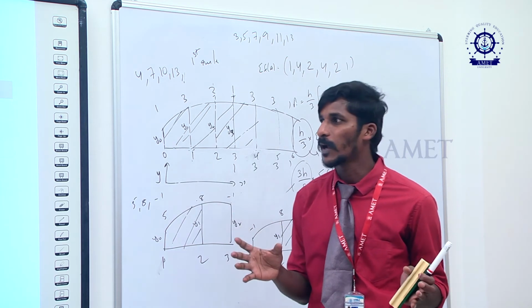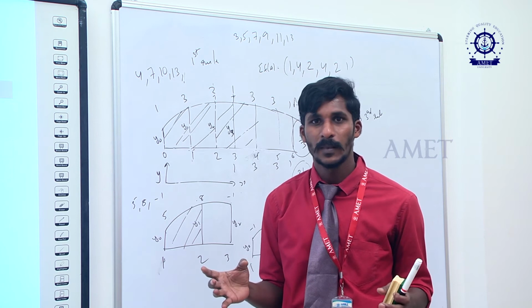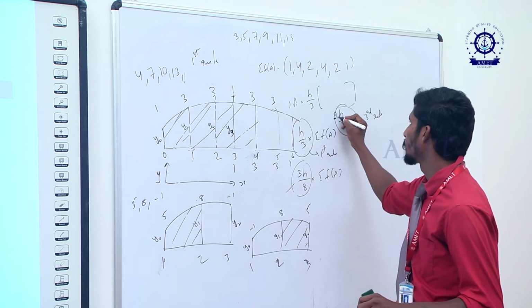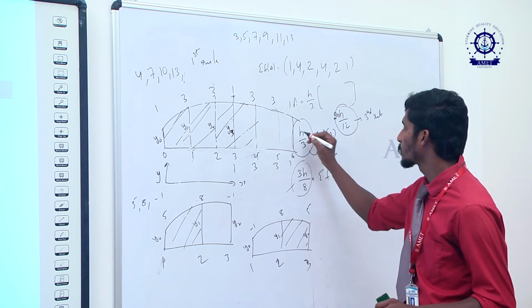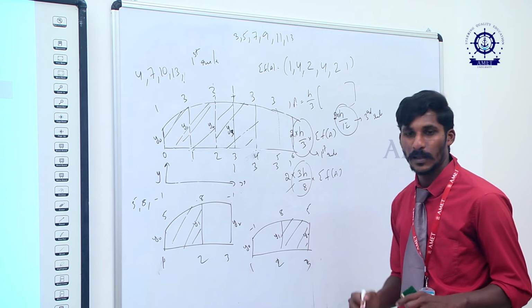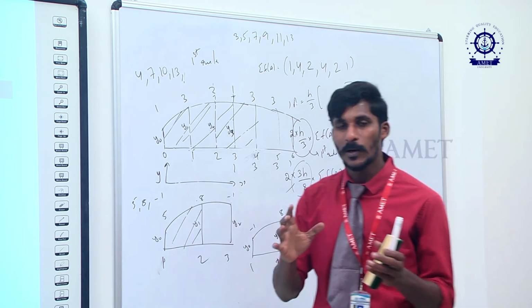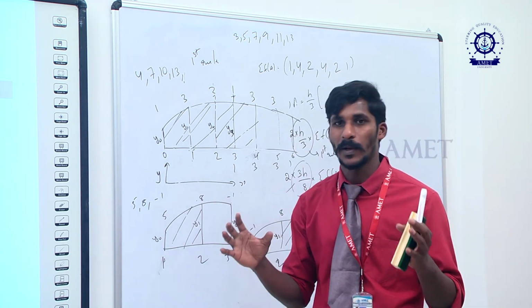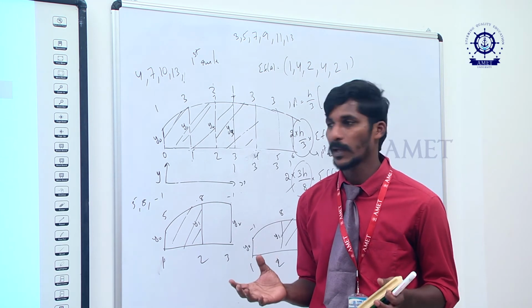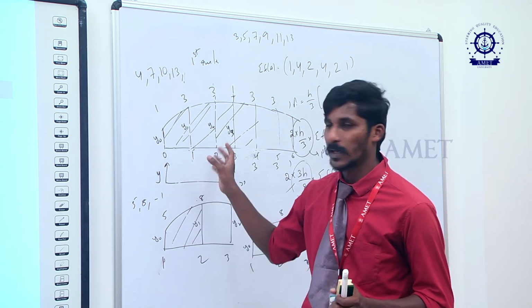So we define the half water plane every time, and when it comes to the output, we multiply by 2. If it is the third rule, you will multiply by 2 here. If it is the first rule, you will multiply by 2 here. If it is the second rule, you will multiply by 2 here. So everywhere we will concentrate mostly on the half water plane, and you will be multiplying by 2 to get the full water plane area. Okay, so this is a small introduction on this.